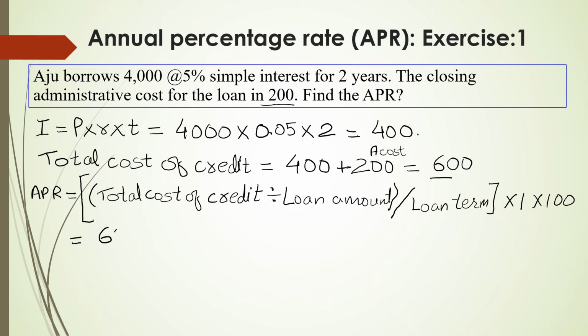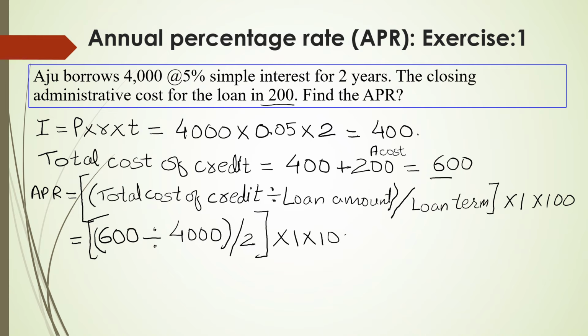The loan amount is 4000, which Aju has taken. So 600 divided by 4000, bracket close, the whole divided by loan term. The term is a period of 2 years. Bracket close, multiply by 1, multiply by 100. Now when you take it on your calculator, 600 divided by 4000 divided by 2, it will come to